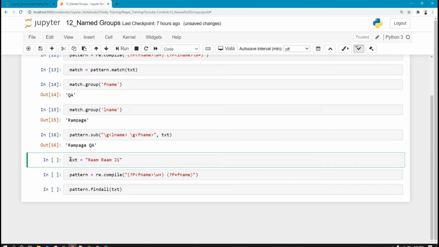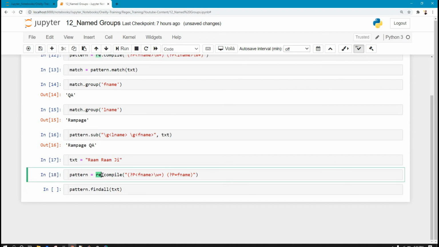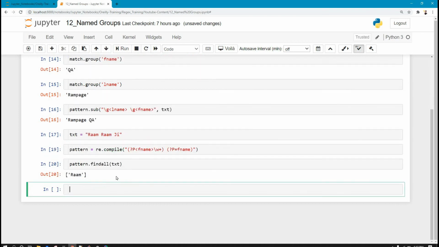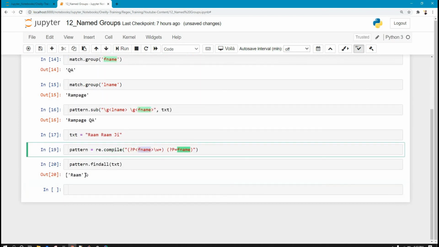Now I can also search for the duplicate words in this string where I'm saying Ram G. Now I can create a pattern where I'm saying that there is one group which is a word. If this is found, then create a parameter called fname, then there is a space, and after that validate if the same parameter is appearing again. So when I run this statement and do a find all, it will only print the first parameter once.